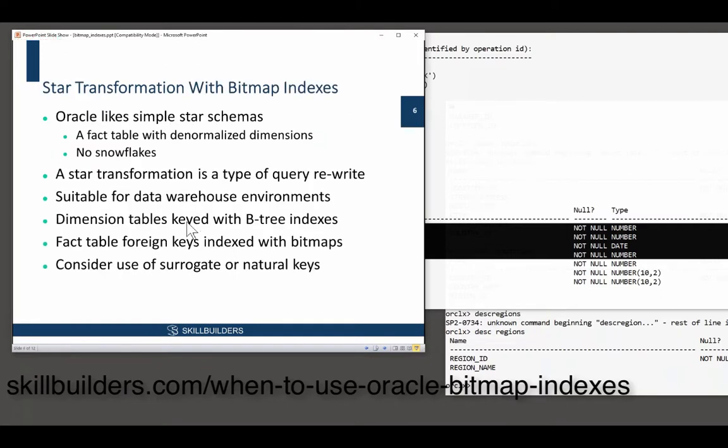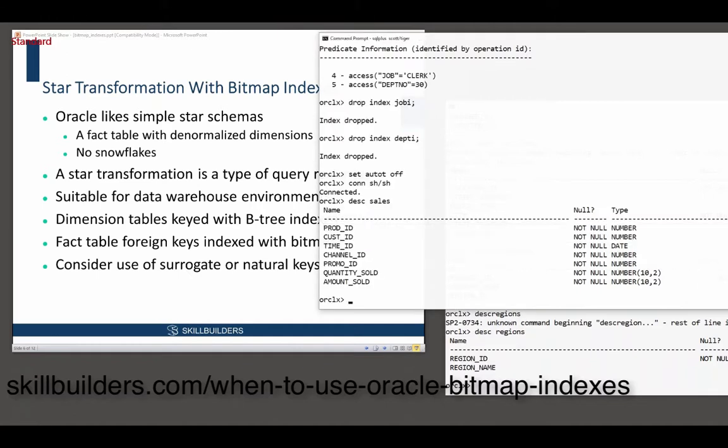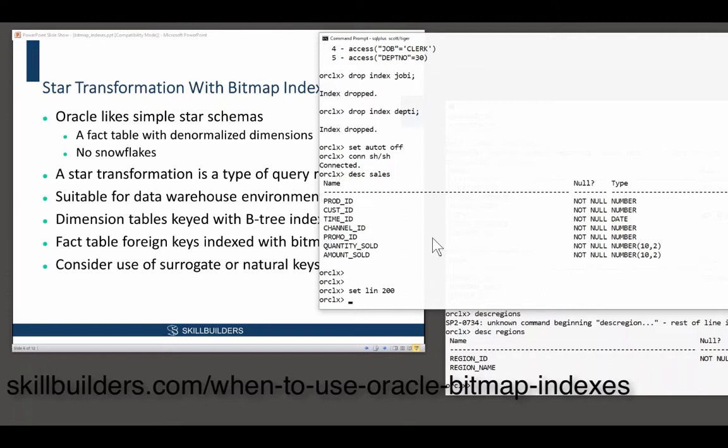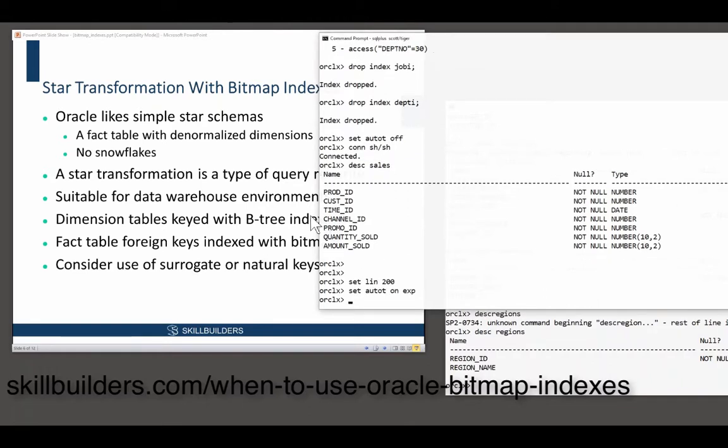Now, if I run a query against this, in some ways, it's going to turn out to be pretty inefficient. The query I'm going to run is this. I'll just have to configure my session a bit. My execution plans are going to get a bit more complicated here. And enable the autotrace facility again so we can see the execution plans. Now the query I'm going to run